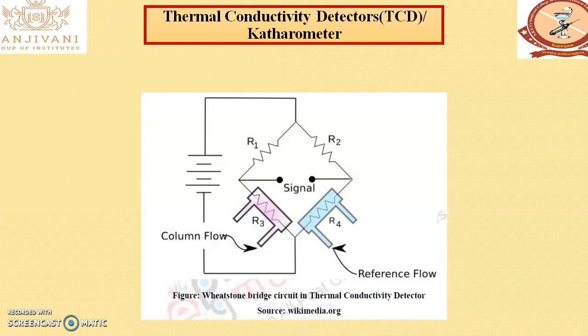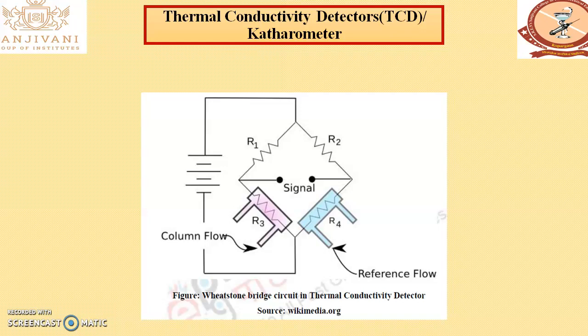As soon as something comes out of the column, it causes fluctuations in temperature due to the change in thermal conductivity of the carrier gas system, and this change is then observed as a signal. So here the sample is not destroyed. We can even have two thermal conductivity detection systems simultaneously. If we have two columns in the thermal conductivity apparatus, we can have a dual detection system.